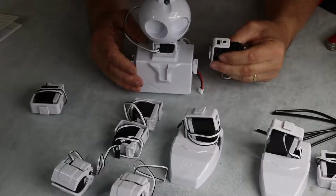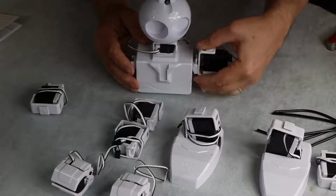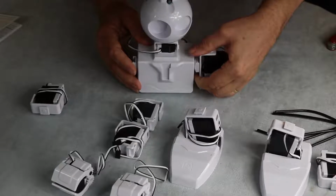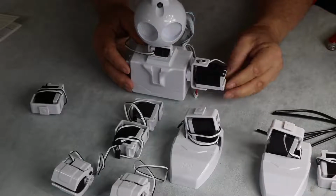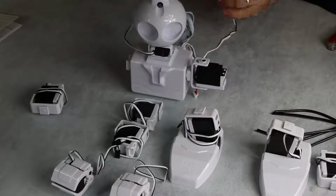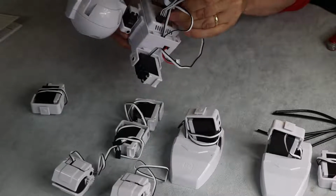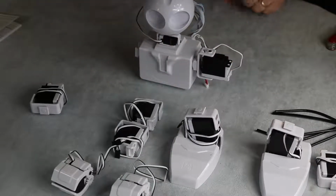And these are for the upper arm, so these are going to again clip into place. Whoops, not too far. And we need to have it so that the connector is at the bottom, and this one connects to port D4, which surprisingly is the next port down. So there we go to D4. So we have a half an arm,